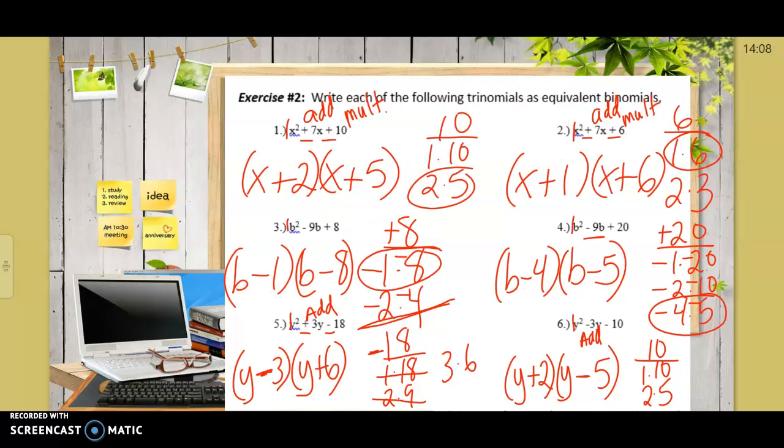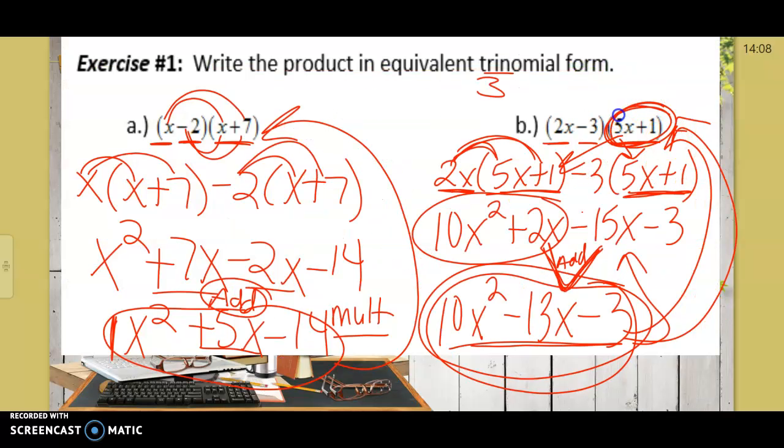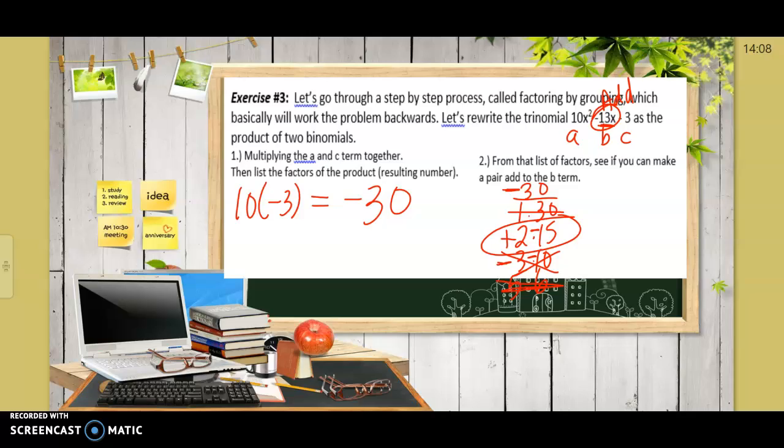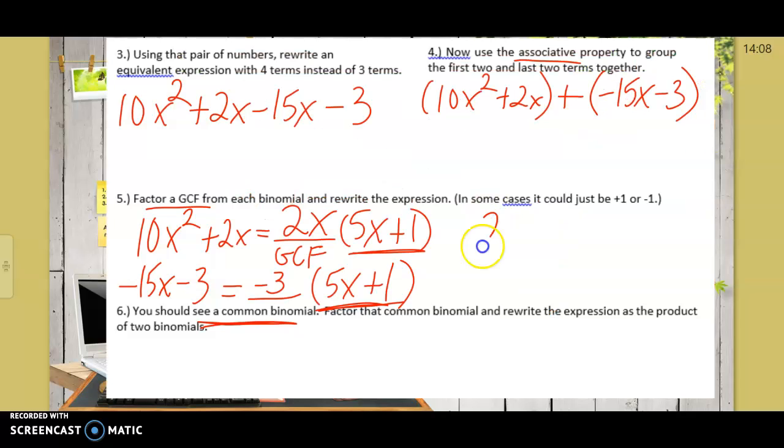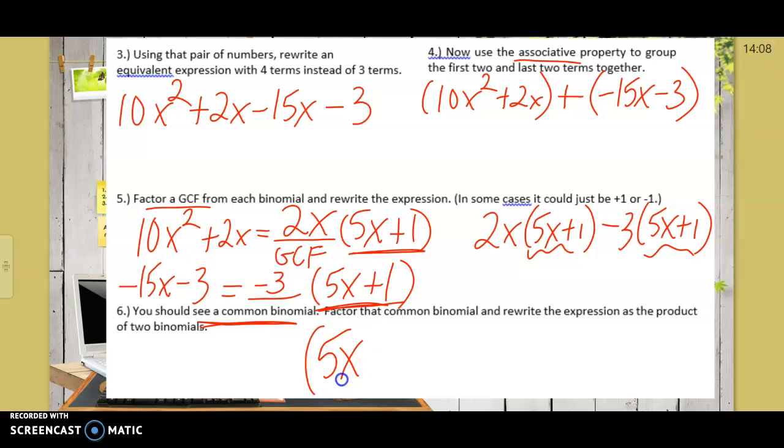Again, I'm going to go back to what we did here. Remember when I took this one binomial and used it twice so I could multiply the 2x times the negative 3? There it is, the 2x and the negative 3 all put together. So if I wrote this out as one big thing, it'd be 2x minus 3 times 5x plus 1. That's what it really would look like. I'm going to take this and this as 1, and then come back and put this back together. So there I have it. The whole thing back as the multiplication